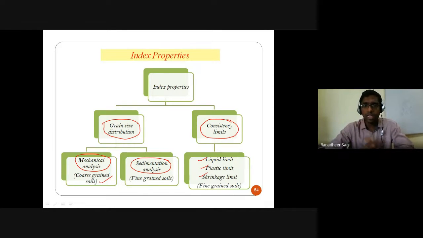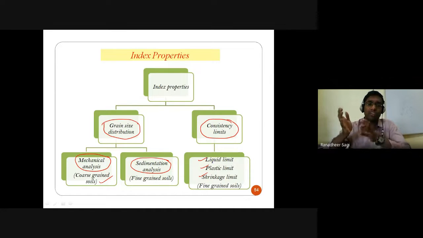Now, all those particles which are retained on your 75 microns sieve is what I'll call your coarse grain particles. All the soil grain particles which are carried away with the water when sieved through your 75 microns sieve, which are going to be collected, are called your fine grain particles. So coarse grain particles are now separated from the fine grain proportion. That coarse grain proportion, which is in wet form, we are going to place inside an oven for drying, so that all those coarse grain particles would behave independently.